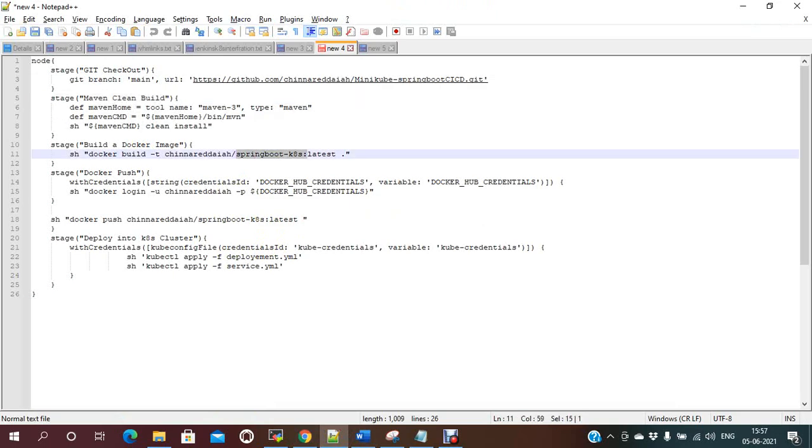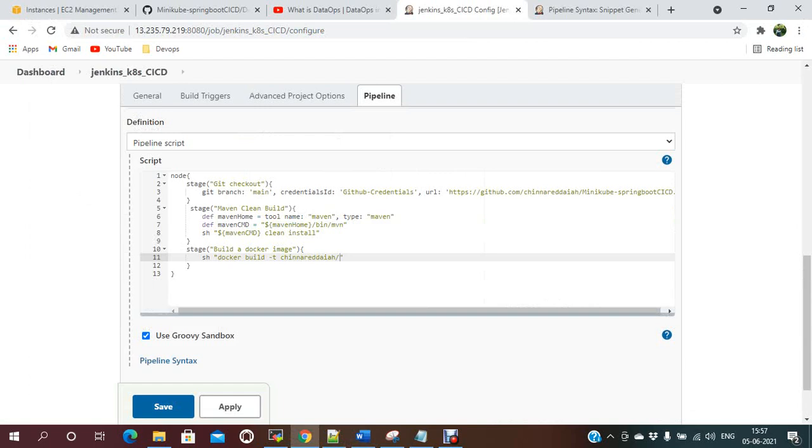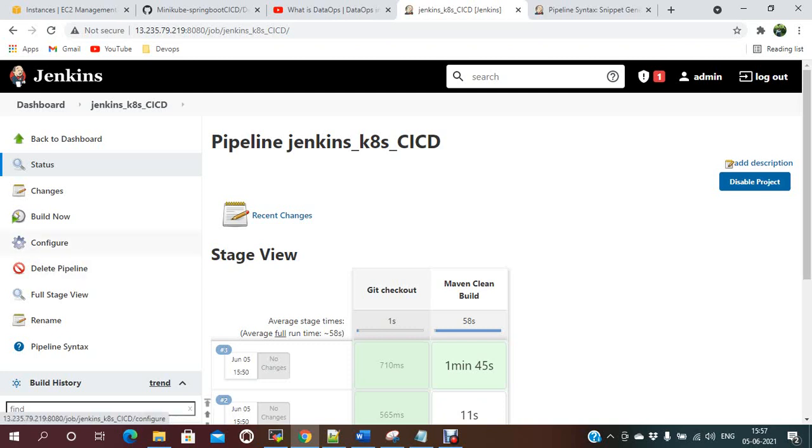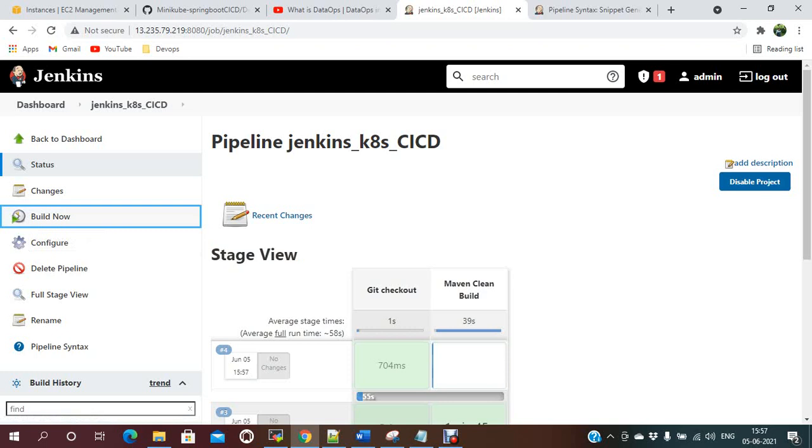Application name is this one and the Dockerfile location. Okay, spring-boot-kubernetes:latest. Let me build this Docker image. Apply, save. Let me run this stage. Build now. We'll check one by one.